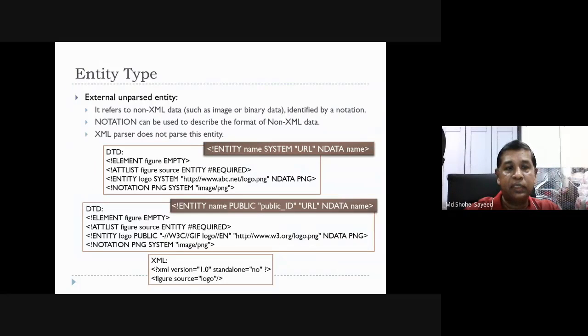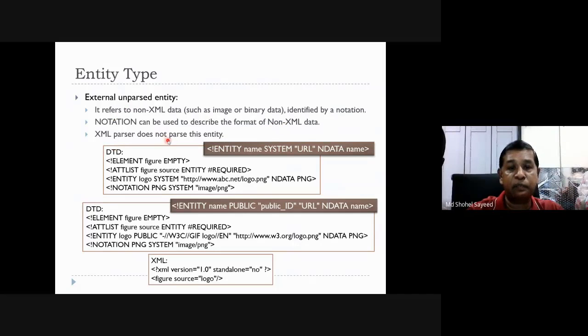Entity types. External unparsed entity. It refers to non-XML data, such as image or binary data. That means external unparsed is basically used for binary or image data identified by a notation, using the keyword NOTATION, which is a capital letter keyword and can be used to describe the format of non-XML data.